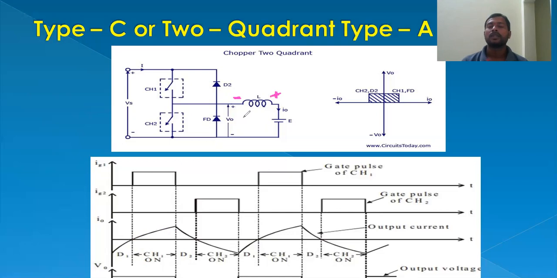So negative and positive, and it will release its energy in this direction. So look at this one. Voltage is not available, but the current flow is in this direction only, similar to the previous one. It releases its energy through the freewheeling diode in this path only. That's why voltage is positive and current is positive with respect to chopper 1.